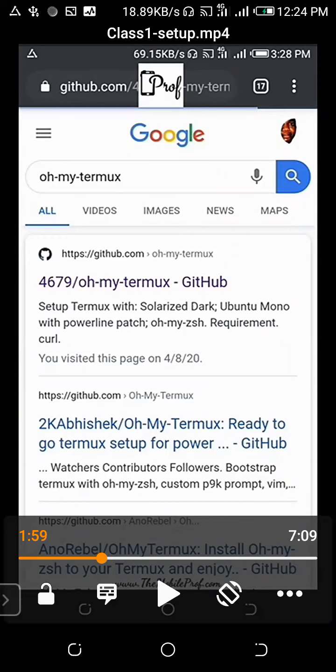So to do the installation for ZSH, there's a repo that you would need to get. That repo would help you to get ZSH on Termux. It's called Oh My Termux. So you can search for it on Google, and then you would go to it. We can see the first option here on Google is the option